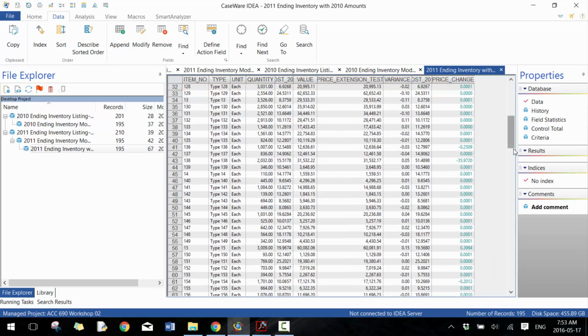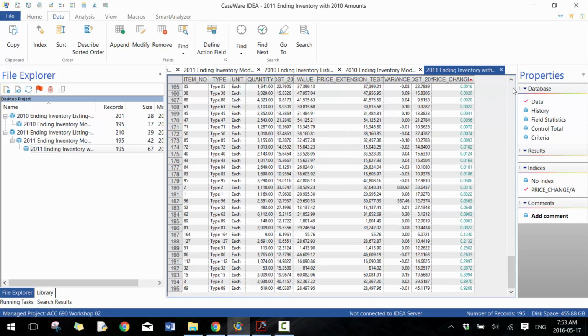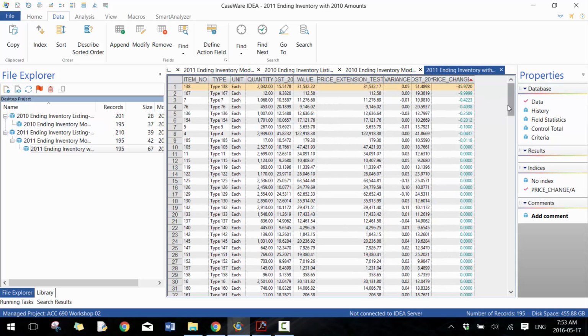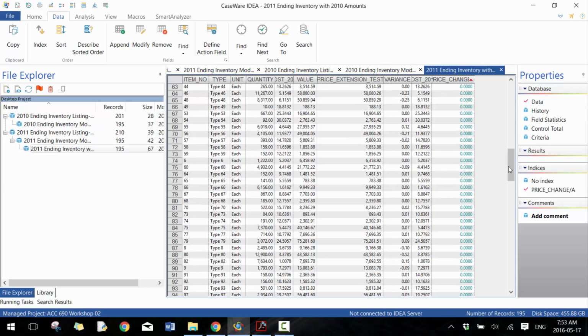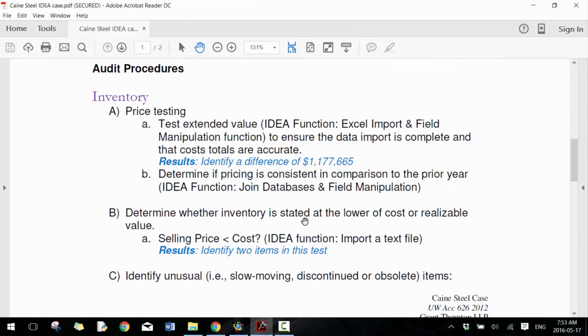And you'll see here, you might want to see whether or not there's a dollar change, like more than $1 amount of change, which would be these two items, absolute value, or a percentage change. I'll leave it up to you guys how you want to handle that. But then here you